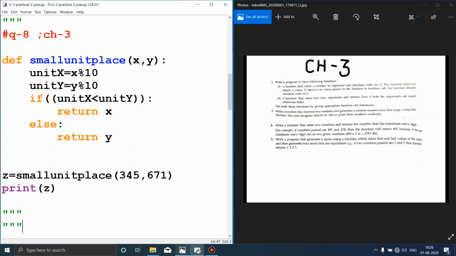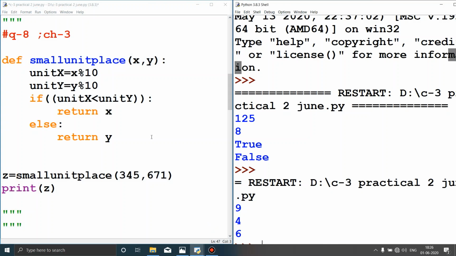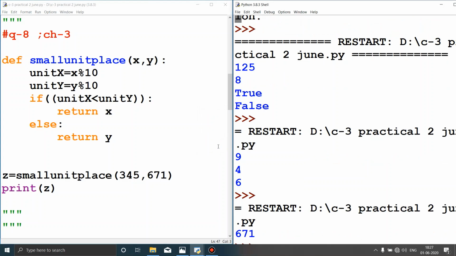Now let us run it and check the output. See, we are getting 671. We know the ones place of 671 is smaller, so we get 671 in output.